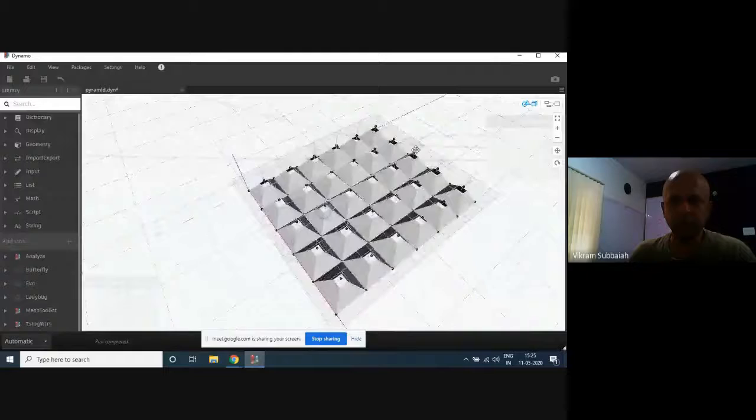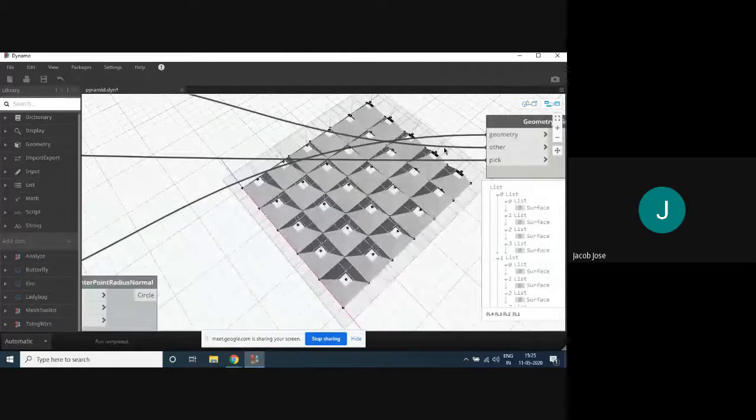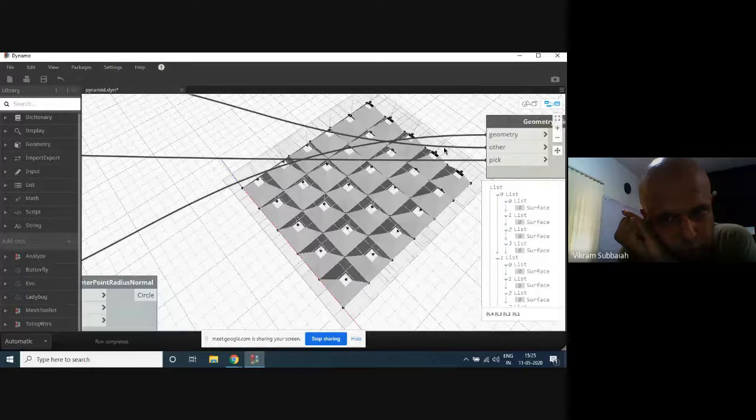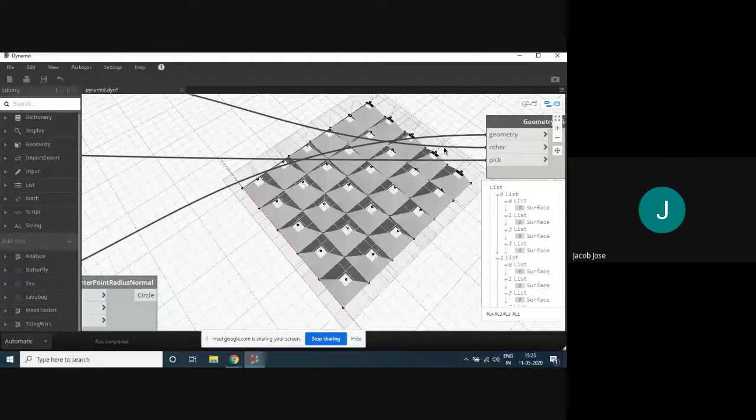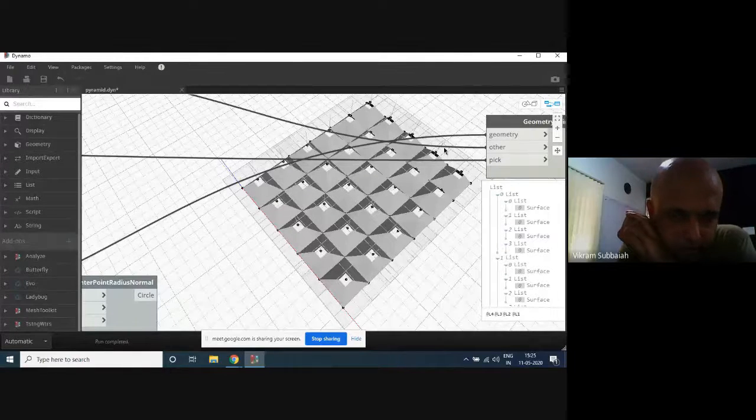Okay. Basically, what I was asking is, how do we automatically fill that hole, that gap? How do you automatically fill that? You can't automatically fill it. If I wanted to automatically fill it, instead of creating a surface, I would have created a solid and then extracted the surfaces of that solid.